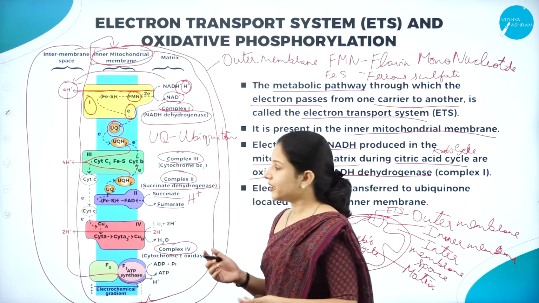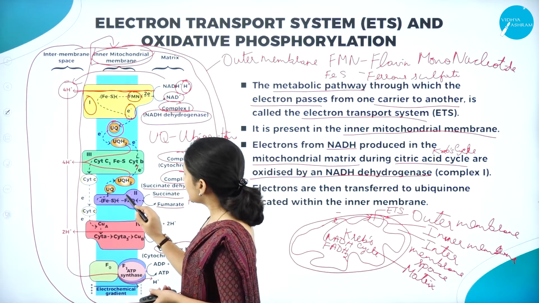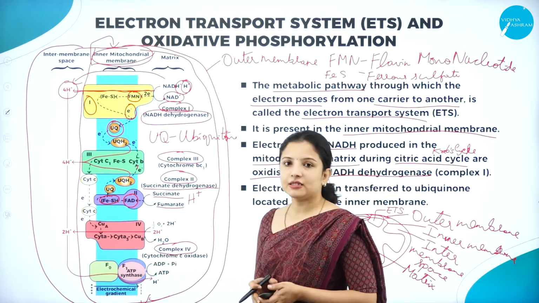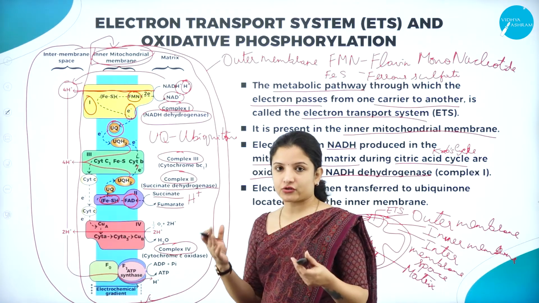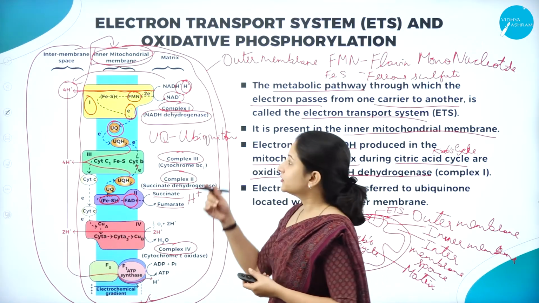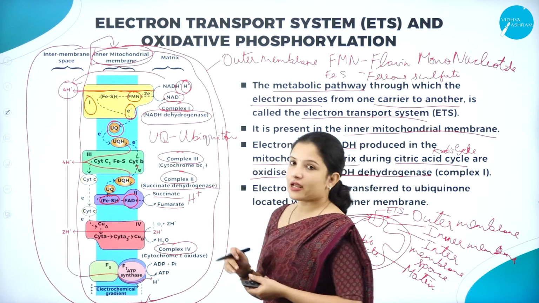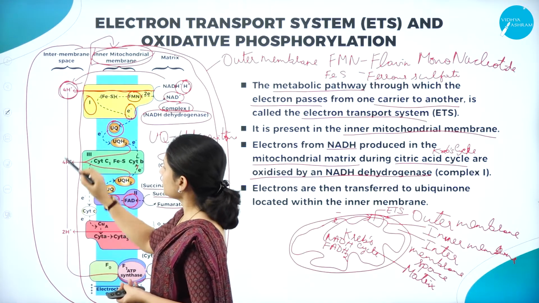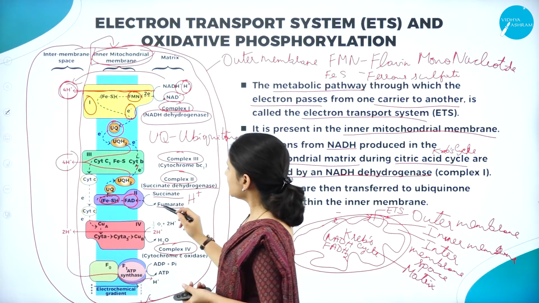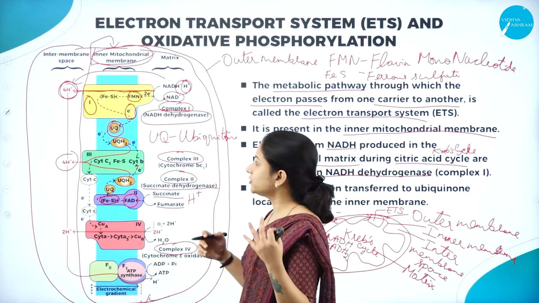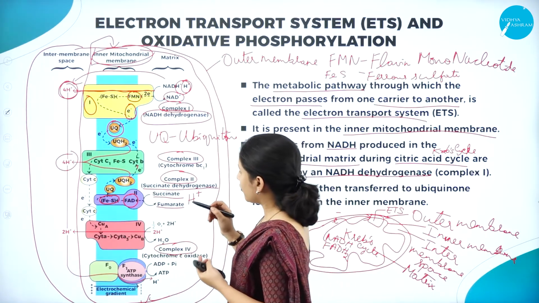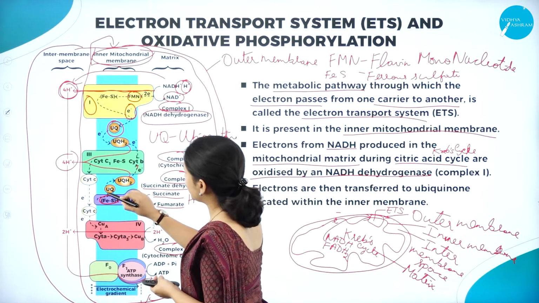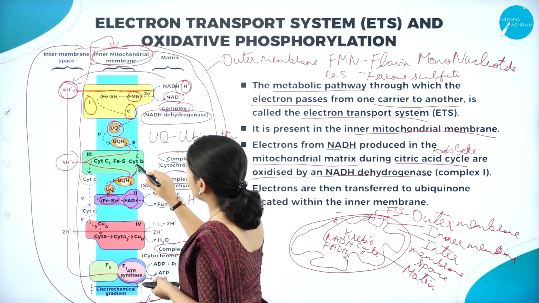Again, why is it called a complex? It is called a complex because here FAD and iron sulfur are involved, and from FADH2 also, hydrogen is released. You should remember every NADH or FADH2 will give 2 hydrogen. So here also 4H plus, here also 4H plus. They give the hydrogen ions into the intermembrane space, and not just that, they also give the electrons. These electrons will be taken in by the ubiquinone